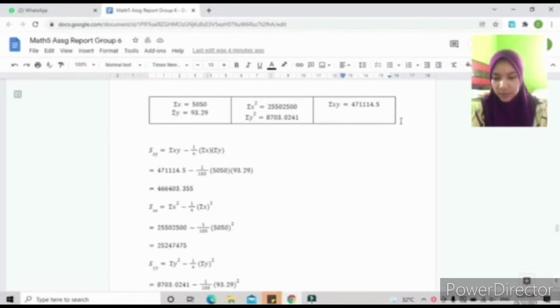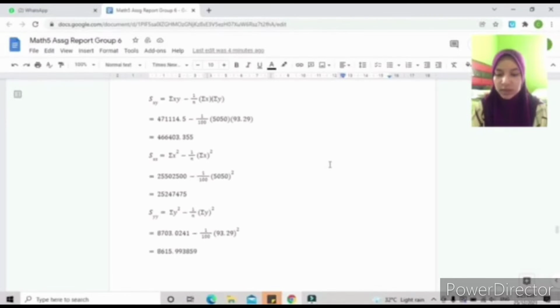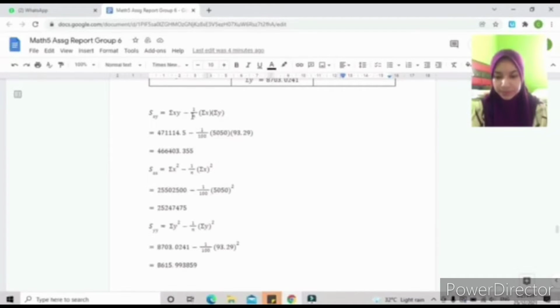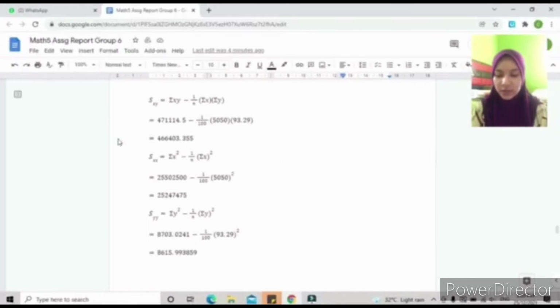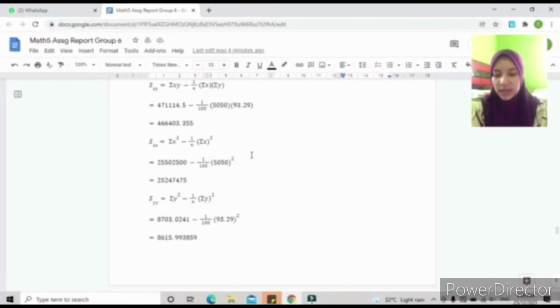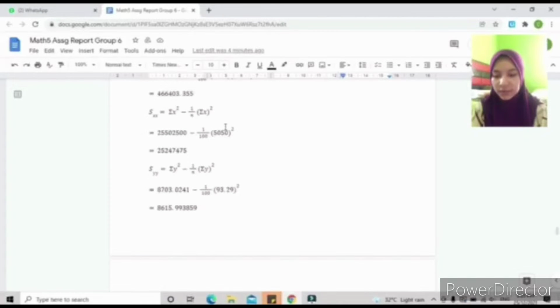471114.5. First of all, we have to find the SXY using this formula, total of xy minus 1 over n, which is 100, because we got 100 of data, multiply with the total of x and the total of y. So we got 466,403.355. Next, we find the value of SXX, using the total of x squared minus 1 over n, multiply the total of x squared. So we got